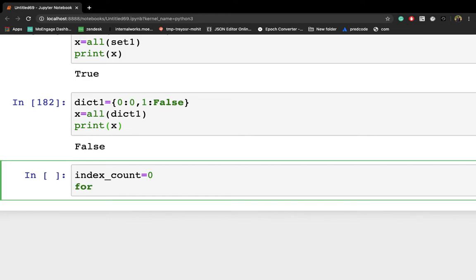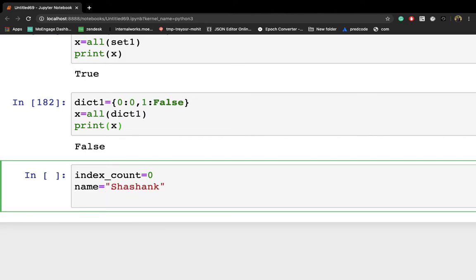Sorry, first name is equal to Shashank, I'm putting in some string value. Now let me iterate through all of the elements of this particular string. For iteration we have to provide a variable name, so letter is the variable that will be responsible for iterating through all of the elements of this string.